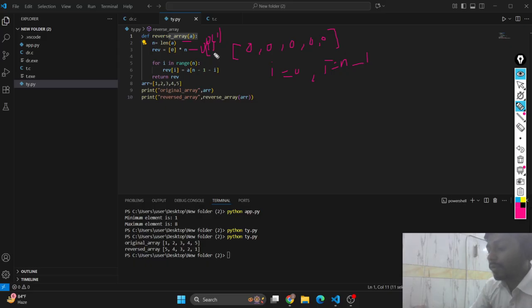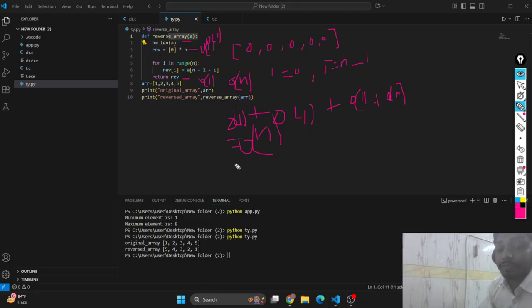For the first for loop, we know the time complexity would be O of n, and this is O of 1. So the whole thing is O of 1 plus O of 1 plus O of 1 plus O of n. So time complexity will be O of n,